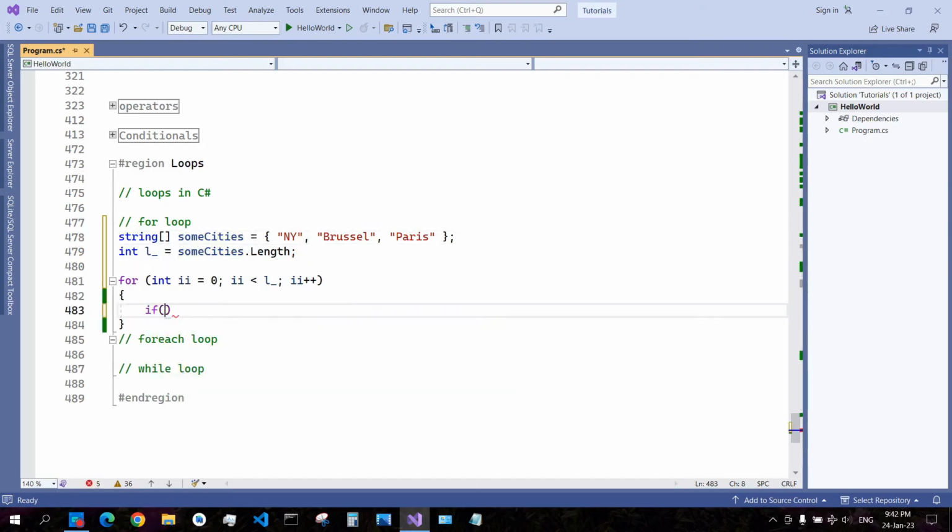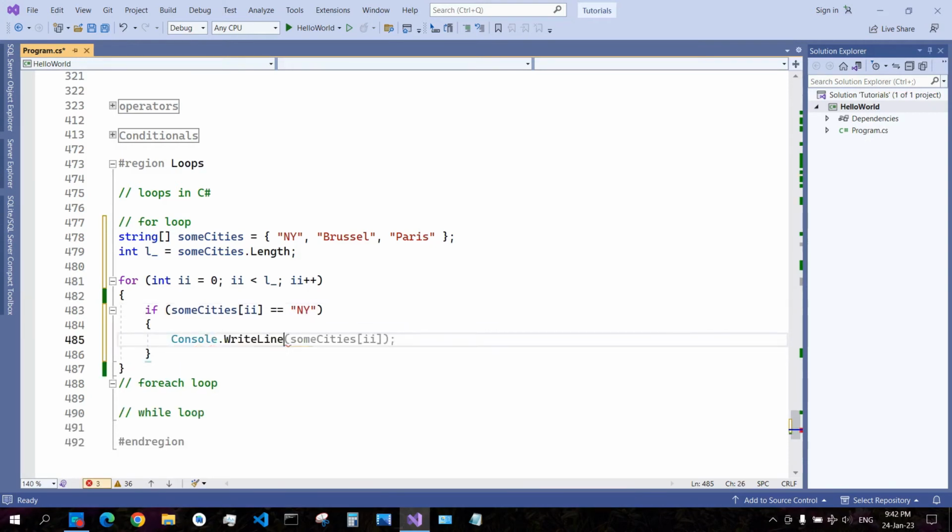We say if someCities[i] equals New York, Console.WriteLine, because the city is in the United States, we print out for example the country is USA,